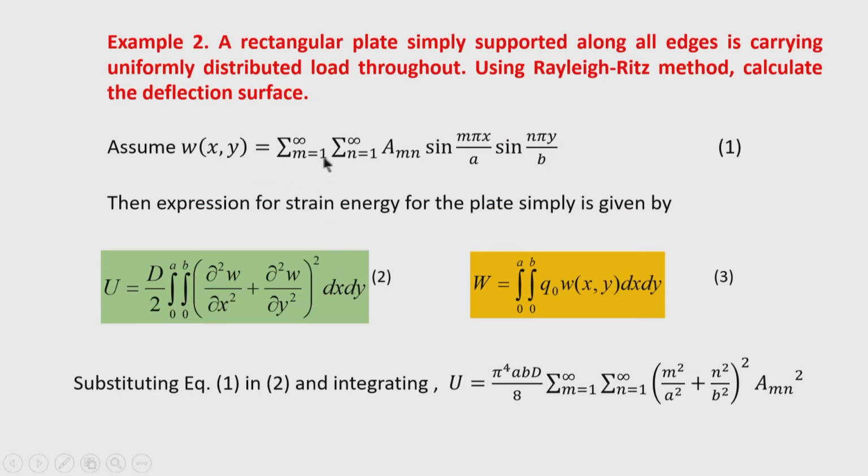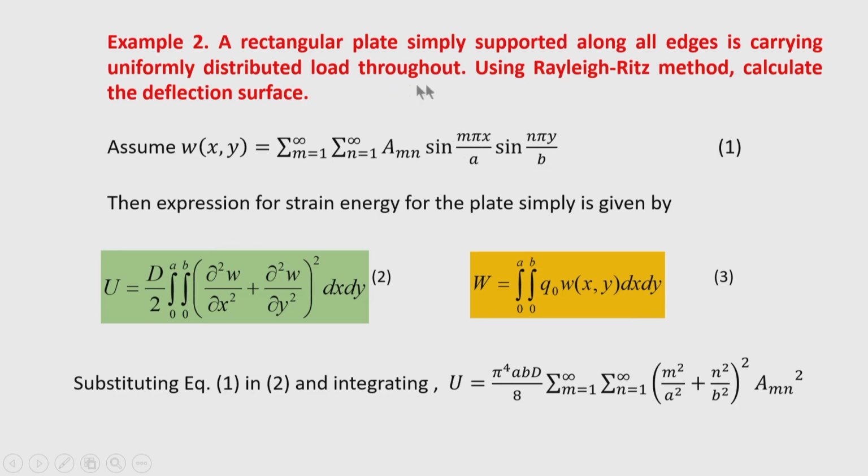So, take a simply supported plate, whose deflection is conveniently expressed by the double trigonometrical series, because you know that sin m pi x by a, sin n pi y by b. If these terms are summed up to an infinite number in an infinite series, then it represents the deflection of a simply supported plate. That means the plate having all edges simply supported.